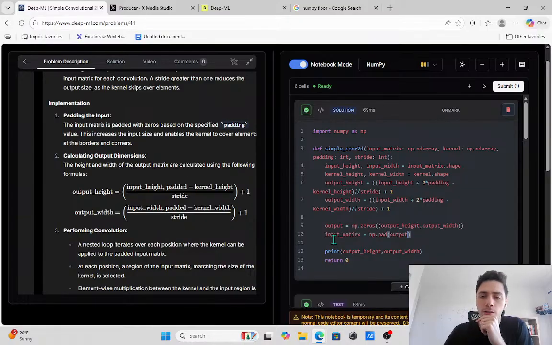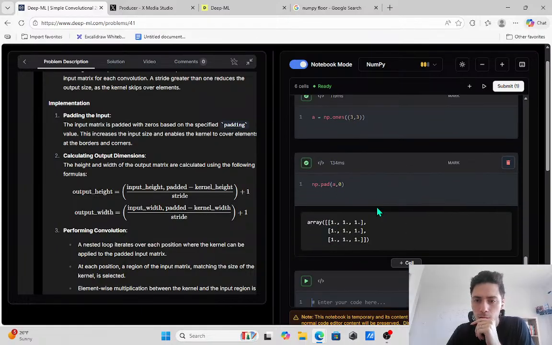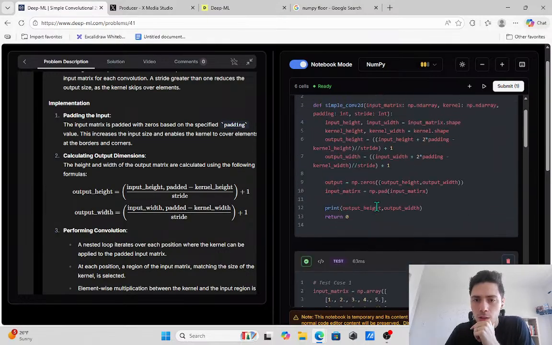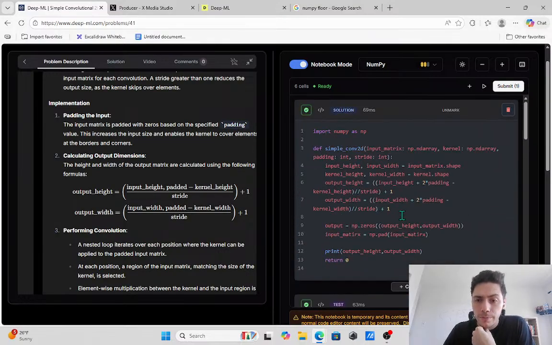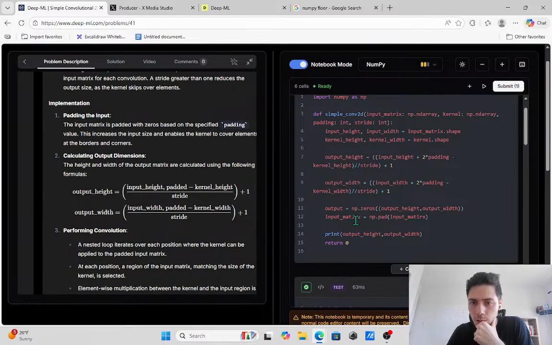Okay, so now we have, no, what am I doing? So that's the current matrix with any padding. If padding equals 0, does that, okay, it's the same thing, cool. This is so messy. Okay, so we have a new input matrix with the padding. Now we have to do a stride. No, now we need to do,